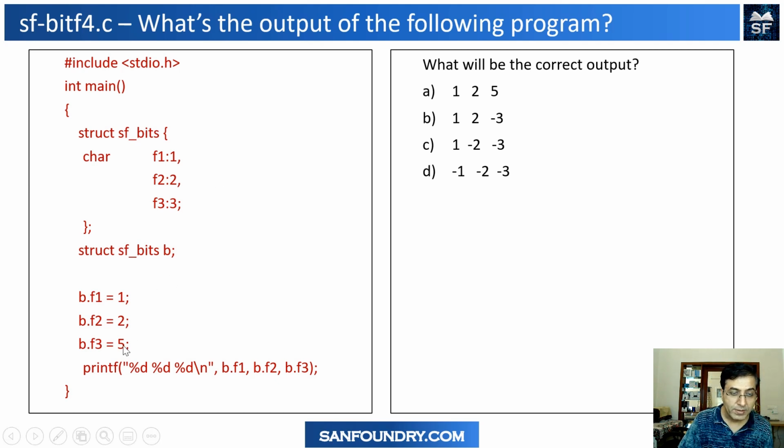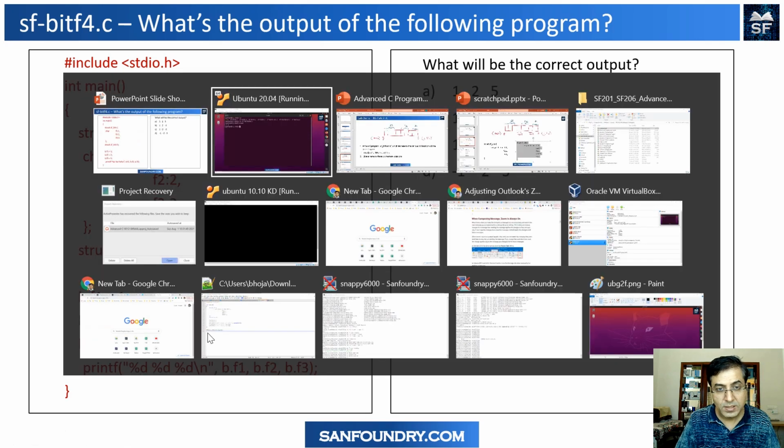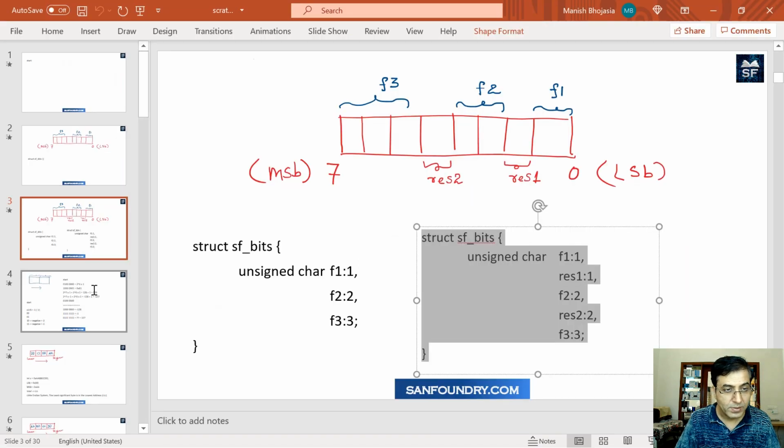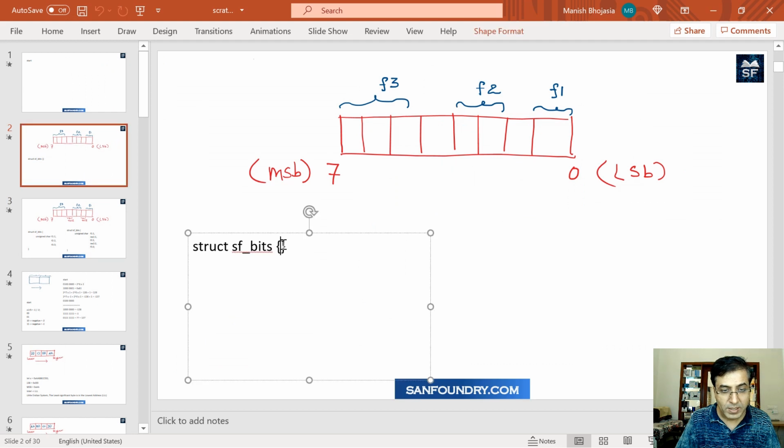Same thing applies to 5. 5 is 101, right? So if 5 is 101, then it is coming out to be minus 3. Some of you, if you are confused, I'm going to just do a conversion of this as a 3-bit entity and then deduce minus 3. So look into this scratchpad once again. Ignore the upper half. Let's look into how the numbers are getting represented.